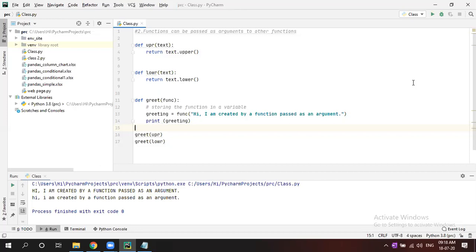So here we have three functions. In the greet function we are passing the first function, it will give uppercase. In the same greet function if you pass the lower function, it will give you lowercase.